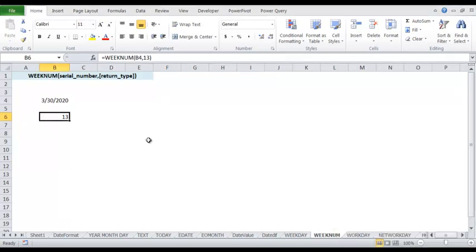So where is it being used? Wherever you have to do weekly pay, you can compute which week number, how much payment, like that. So you can have week number 1, 2, 3 and payments can be computed like this.